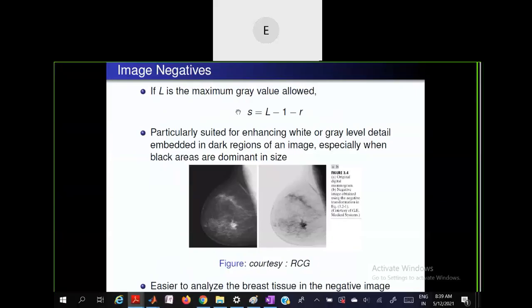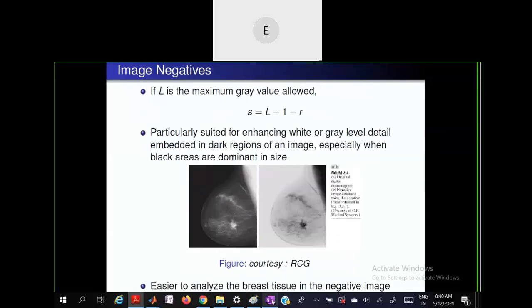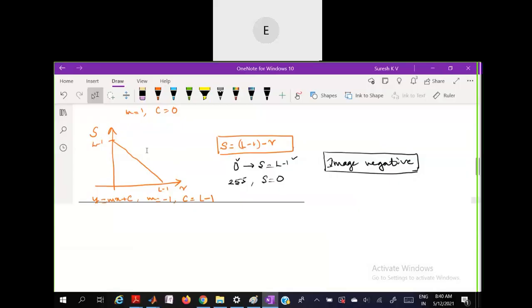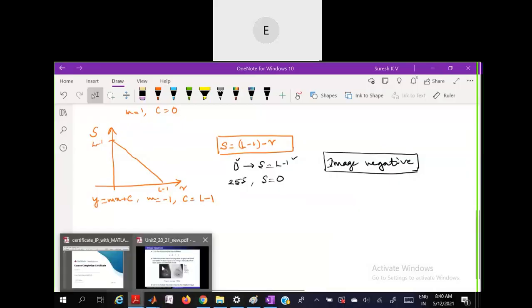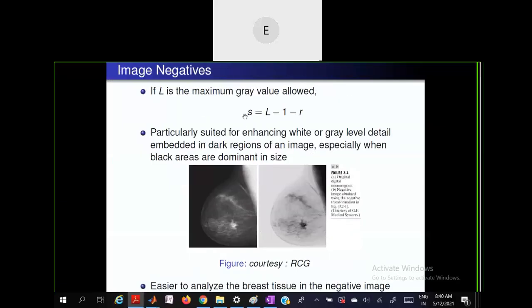Okay, so the first operation that we are going to discuss is this. See, whenever you are explaining these operations, don't write this complete figure. You have to only write the figure that is relevant to the question that is asked. If I ask you explain image negative operation, just write this curve and explain it. Don't write the entire curve. This is giving you all the curves. Okay, so now what is done here is, as I said, S is equal to L minus 1 minus R,